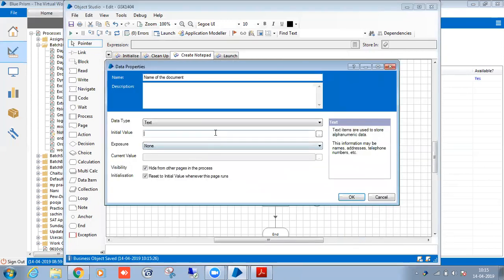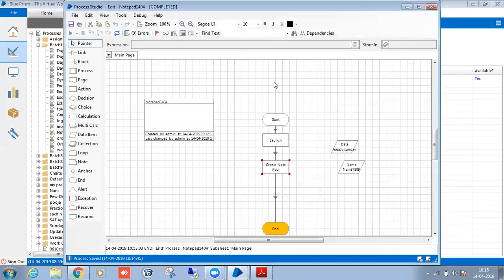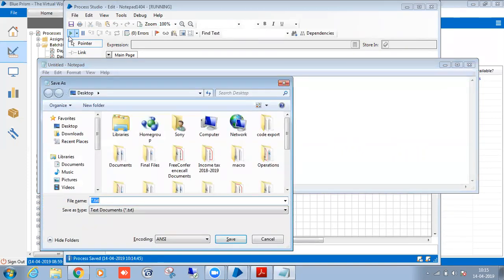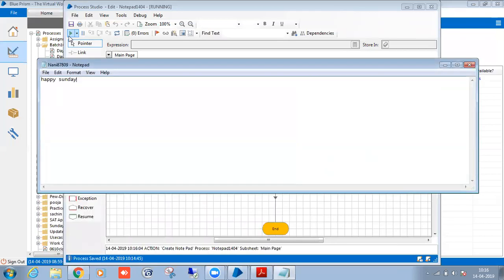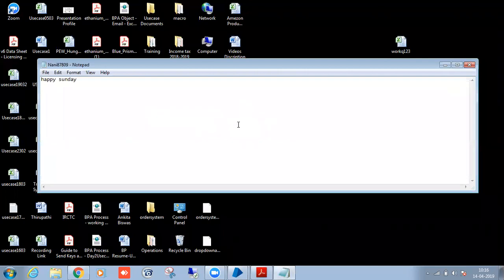This data is empty now, so I will pass the name from my process. Done. Any questions?